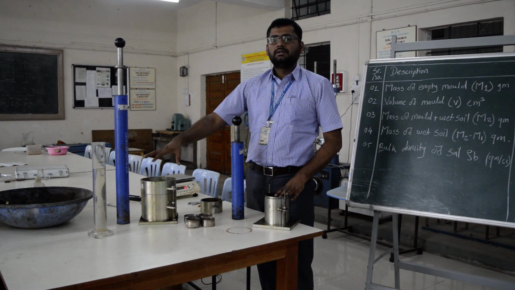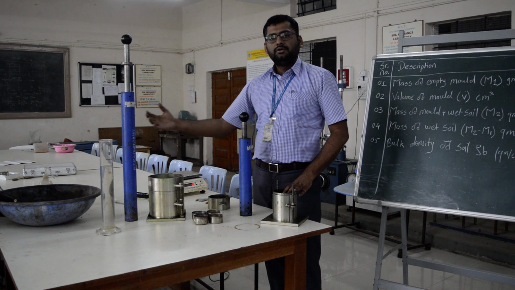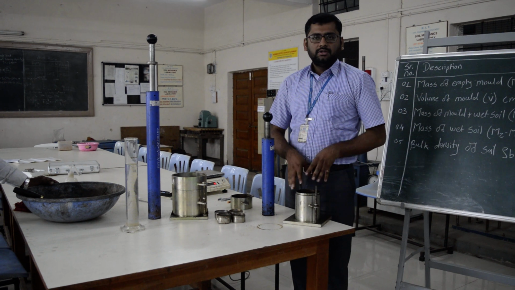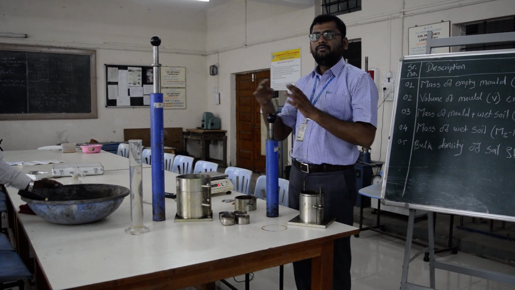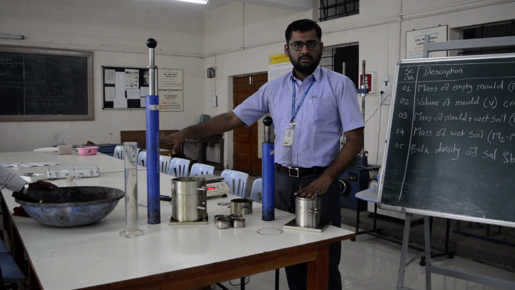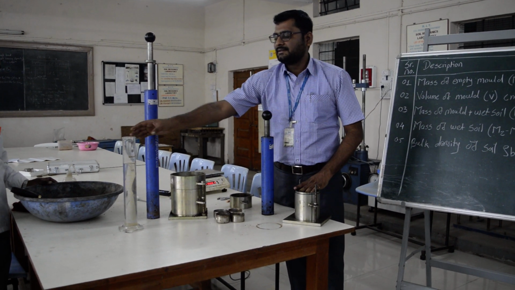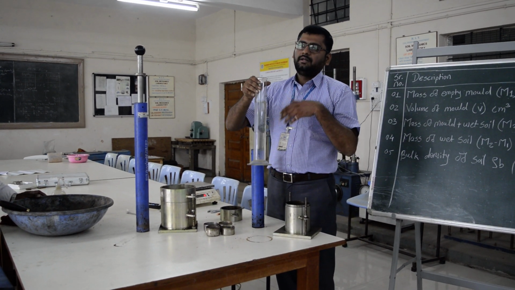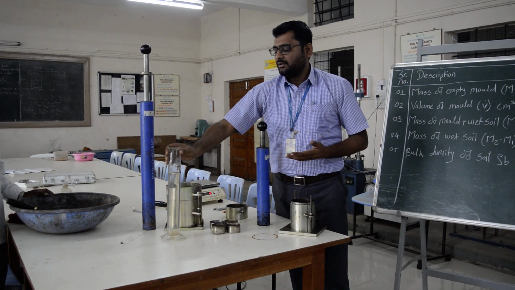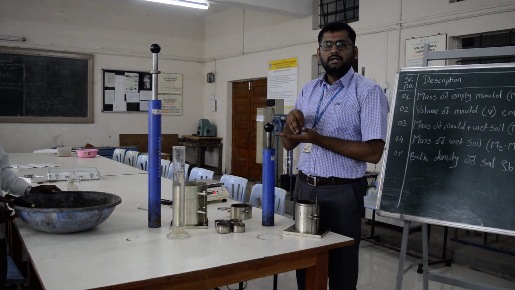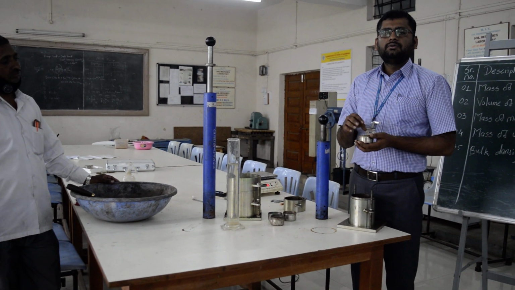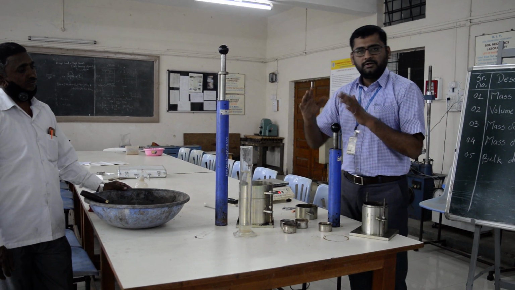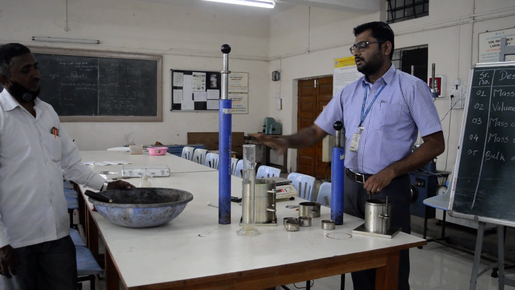Initially I have taken a 10% water content which we are going to add into the soil. Then we have to prepare the soil and compact it into this mold in the 3 layers. Now we will mix the soil. The soil is dry right now. Then we are going to mix this much amount of water into the soil. The percentage of water content we are going to calculate after mixing, and we keep some soil in a container in the oven for water content determination. So right now for the first observation we are mixing the water with the soil.